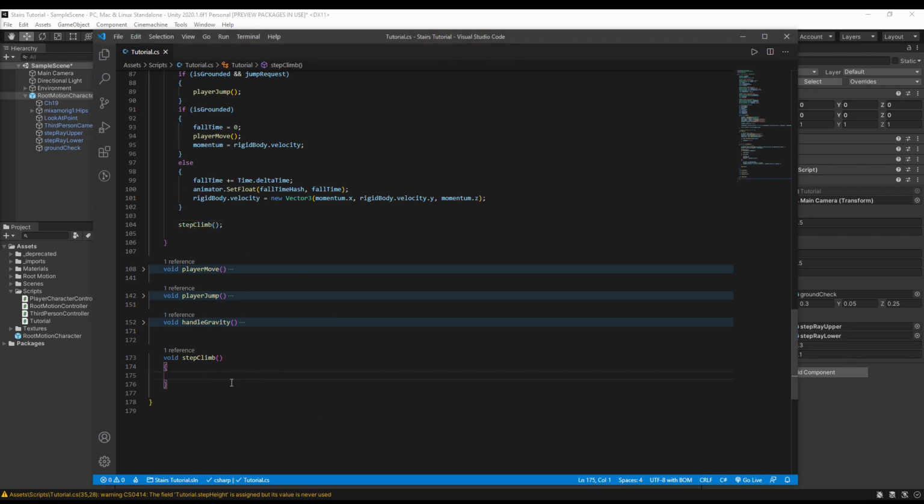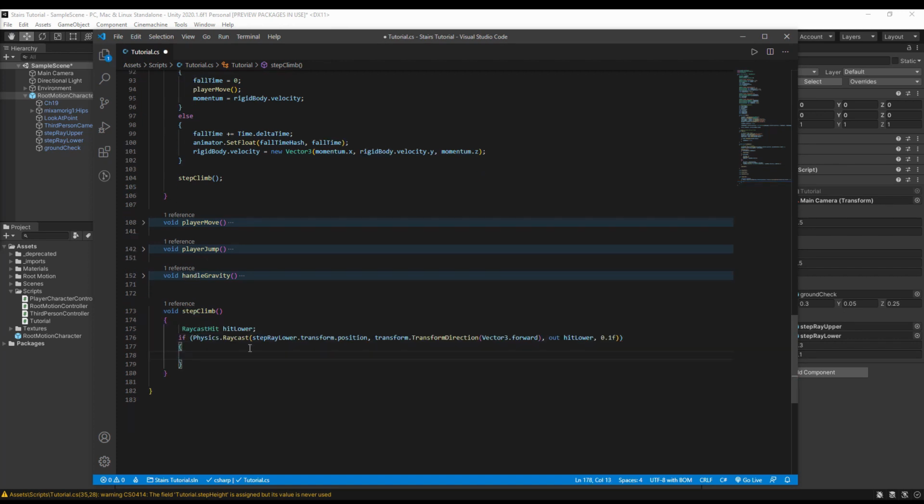Now, basically what we're going to do is we're going to create a raycast. First of all, we want to check for the lower raycast, as I was saying. We're going to create a new raycast point. It's going to stem from the game object position that we've defined. It's going to move outwards, look for an object that it can hit, and the distance. You can play around with these as much as you want, but I find that 0.1 is a pretty good distance. It doesn't go out too far, so you've got to be right up against the object for you to